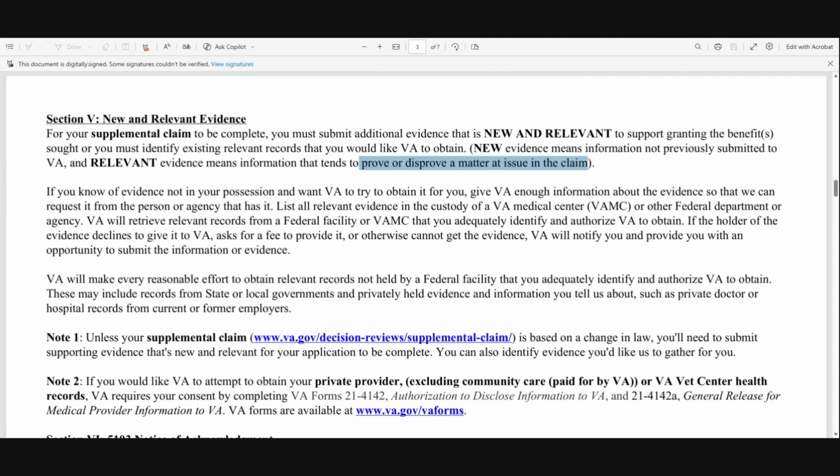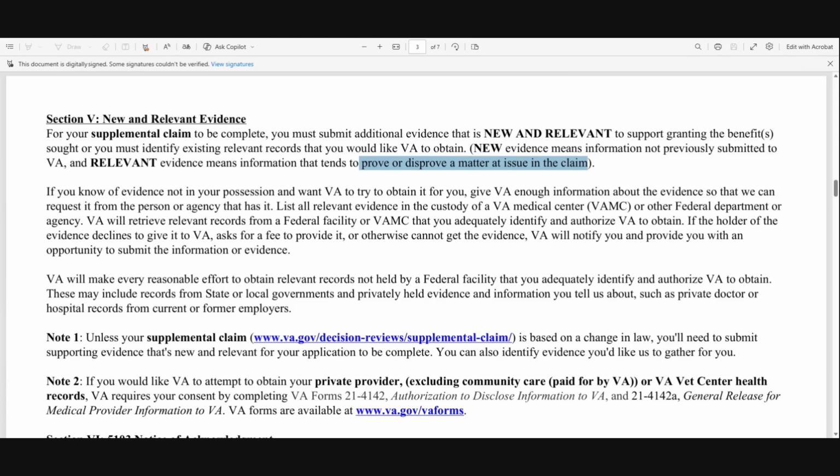Element 2 changes depending on what theory you're talking about. In the case of direct service connection theory, it would be an in-service treatment, in-service event, or in-service diagnosis. If it's a secondary condition, then it would be a service-connected condition. But typically, element 2 always relates back to service in the majority of cases. Element 3 is your medical link between element 1 and element 2. In the case of presumptive conditions, that element 3 is already established. So element 3 is satisfied on its face because it's a presumptive condition, as long as you meet elements